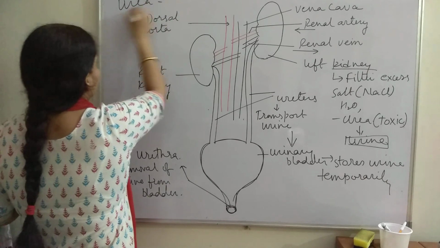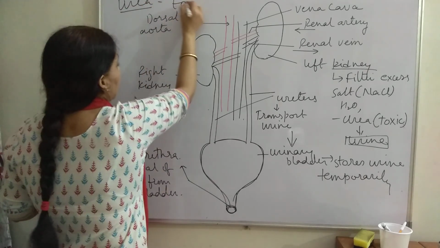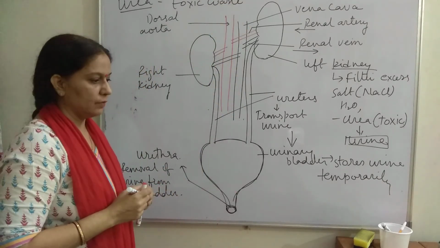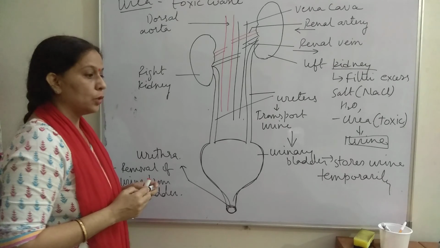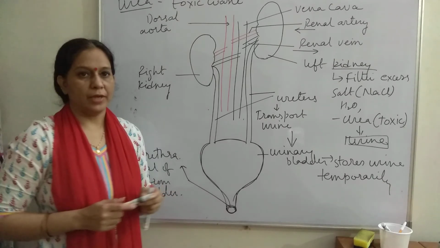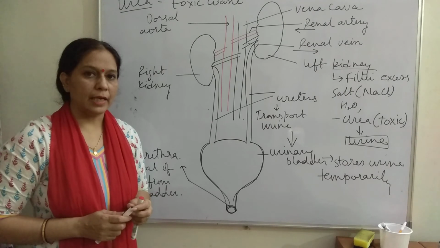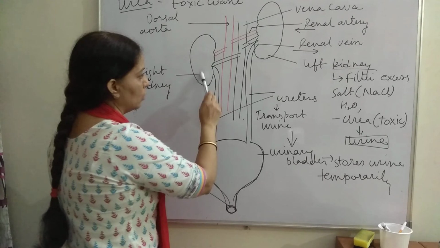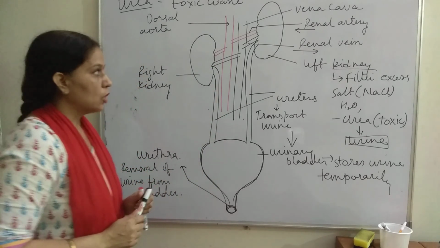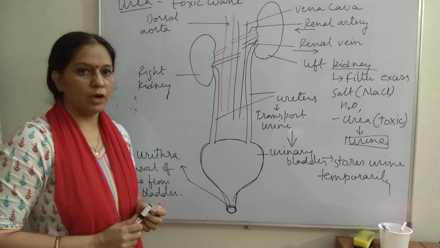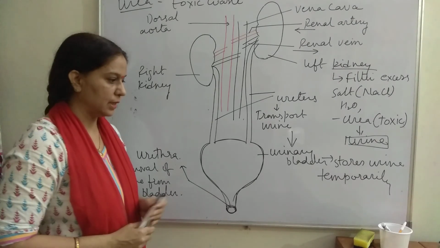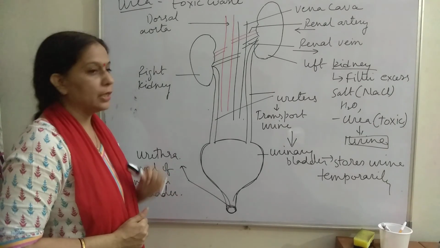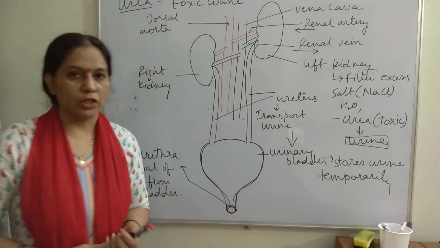All of you should remember this. Urea is the toxic waste which is a nitrogenous product, produced as a result of biochemical reactions or metabolism in the body, and it cannot be retained in cells. It is immediately removed from cells by blood and carried to kidneys for filtration. This is all about the different parts of the excretory system in human beings. In the next video we will see the structure of nephrons, the functional and structural units of kidneys. Till then, keep watching, keep learning. Thank you.